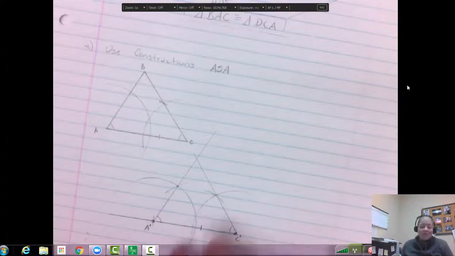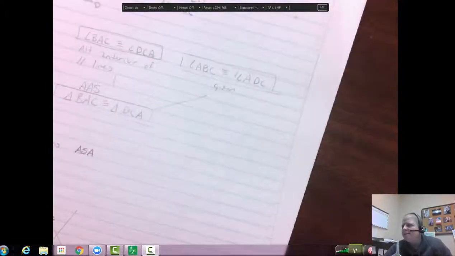And you can do similar constructions. Some of them are a little harder than others with all of the congruence that we've been given so far. So this was a super short lecture because you should already have an idea of how to do the proofs and how to state whether or not something's congruent with which theorem. All right, and so